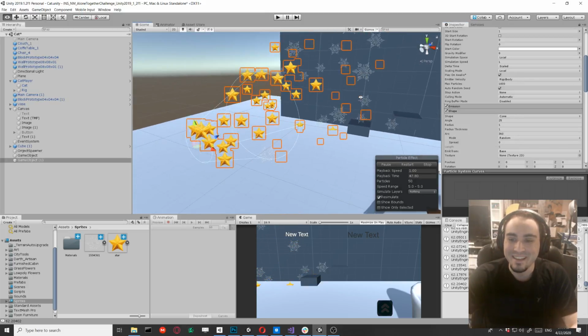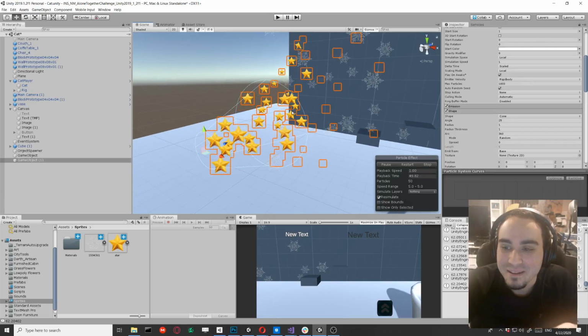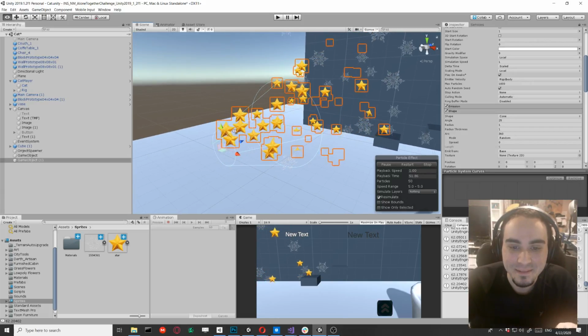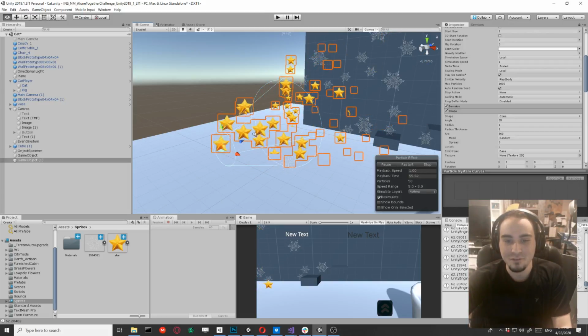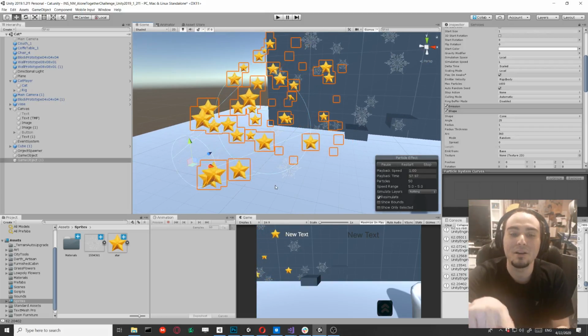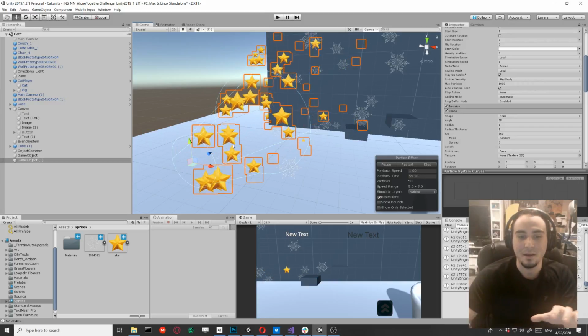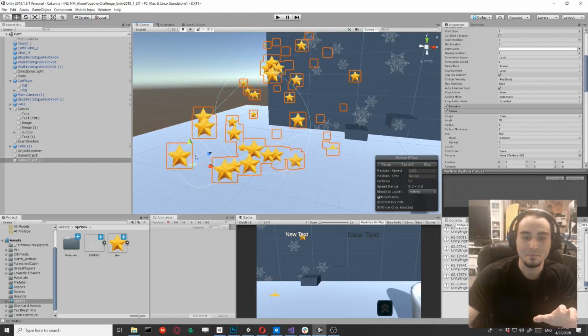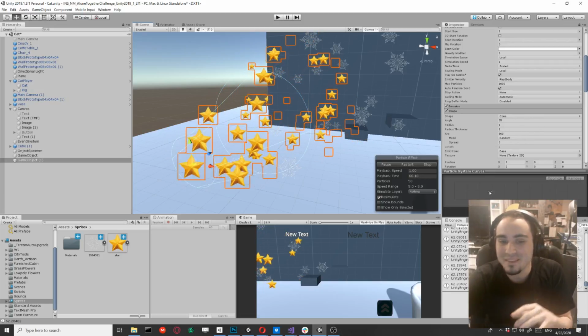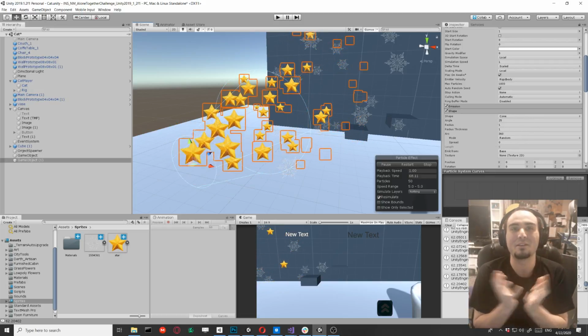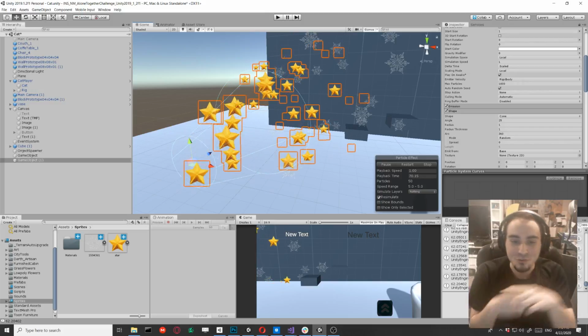Battle emotion. Yeah. So, not battle emotion. Yeah, so as you can see right now, it's emitting in a cone. If you could visualize, as you can see with the little wireframe it has here, it's a cone. So it's shooting out at a cone. So we don't want that. In an explosion, we want it to be a sphere, because we want the particles to just shoot everywhere, in